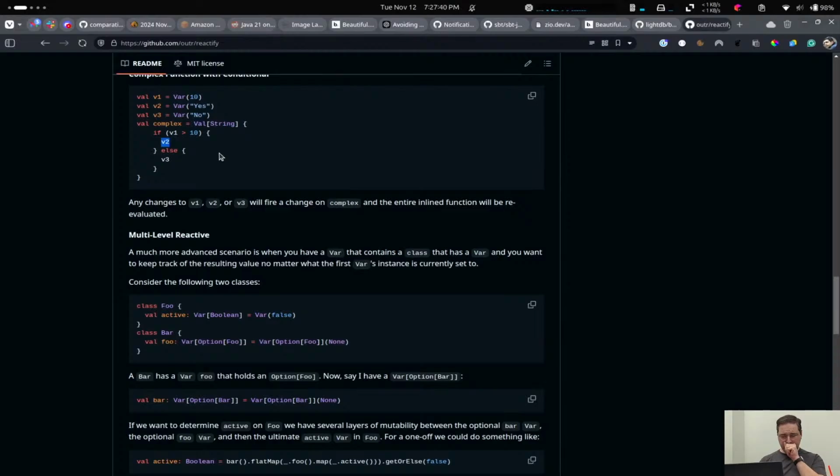So whenever v1 changes its value, it fires an event. It captures it, reevaluates, and now says, oh, now it's 11, so this conditional runs again, and now we don't care about v3 and we care about v2. So I remove the listener from v3, I add a listener to v2, and now I'm capturing the new changes. So it's a really simple concept that actually could be implemented in Java,